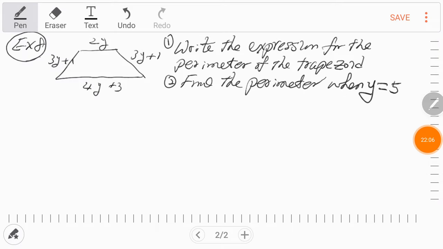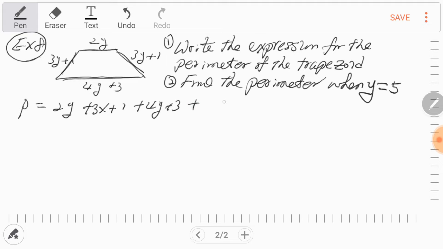Okay, in this example, here's a trapezoid. So write an expression for the perimeter of this trapezoid. The perimeter is the sum of all four side lengths. So there are four sides, and each side is written in some expression. I'm going to add up all these four. So the top is 2y, and this one is 3x plus 1. This one is 4y plus 3, and the last expression is 3y plus 1. So P equals